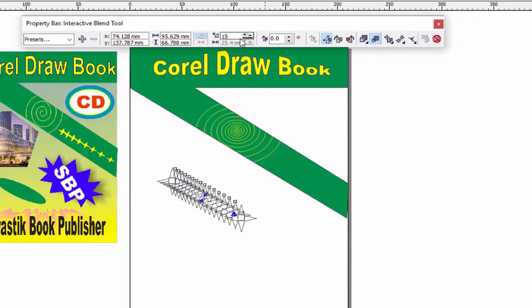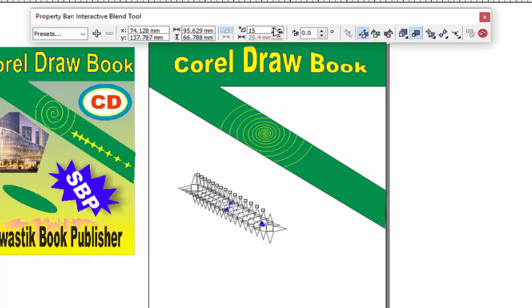Property toolbar: if you want to increase or decrease the blend, you can increase or decrease it from here like this. See, and if you want to rotate the direction of the blend, you can rotate these blends from here, and loop blend to rotate the blends in a loop.